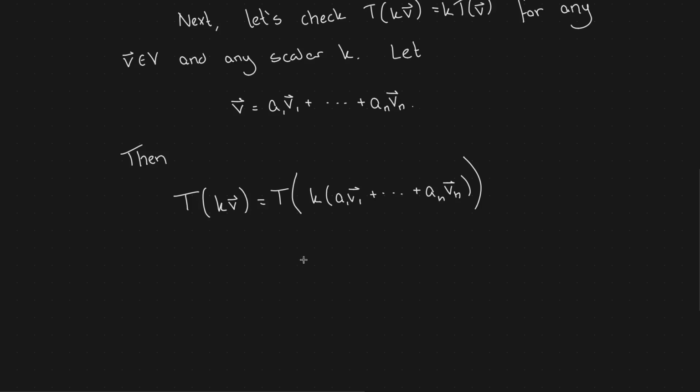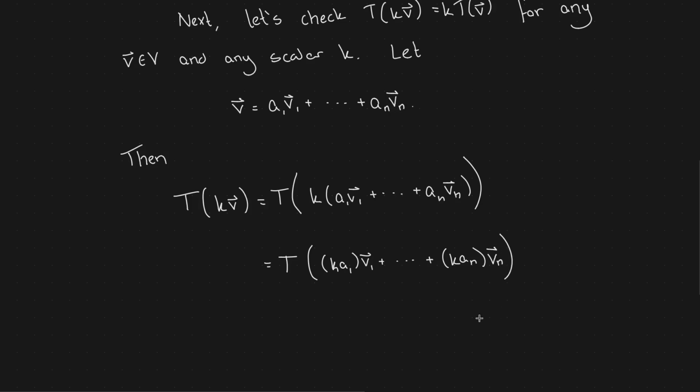I'm going to go ahead and distribute the k into the linear combination. So I get ka1 v1 plus, and keep on doing that till I get to the last one. So each coefficient gets multiplied by k,